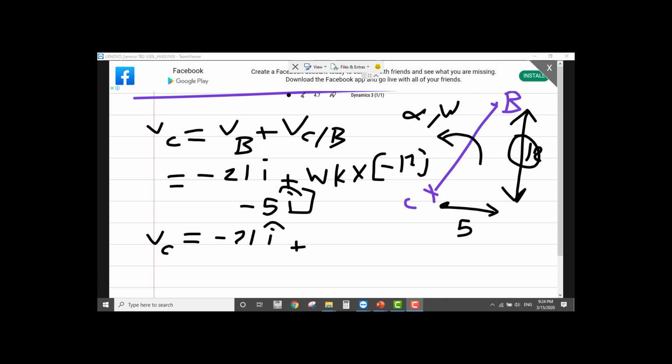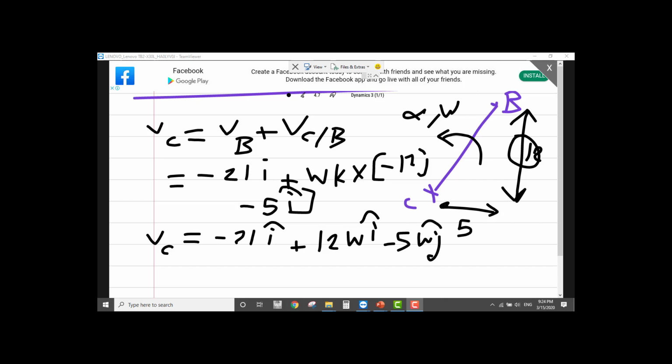So omega k direction cross product j, minus with minus positive, so this is 12 omega in the i direction. Now k cross product i is positive and we have negative, so this is minus 5 omega in the